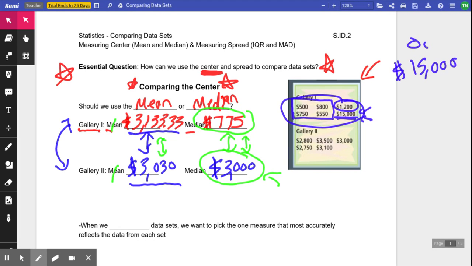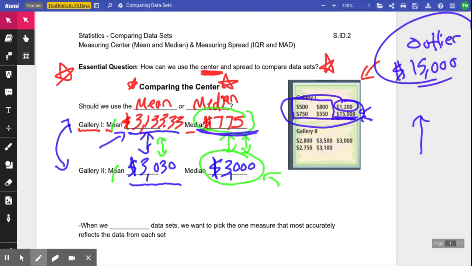We call that an outlier, right? Something you heard in middle school, something you heard in our last lesson, and it's coming back. Well, what did that outlier do? That outlier wasn't all that present in the median, but it absolutely brought the mean up, right? If I'm going to add all of those numbers up and then divide by 6, we included the $15,000 painting. That's really bringing our mean, it's skyrocketing our mean, and it's really making that data look like it's something that